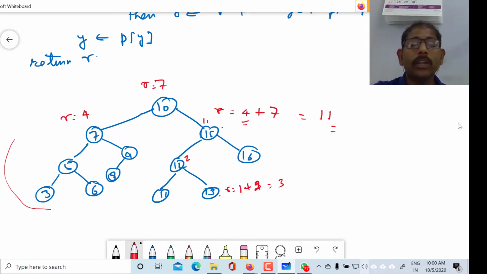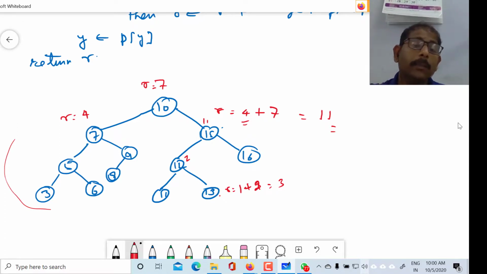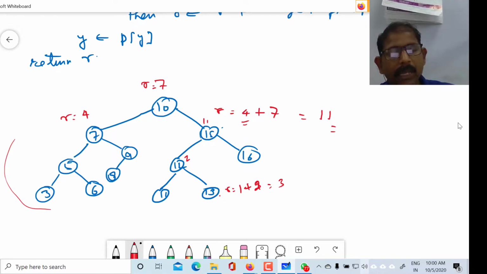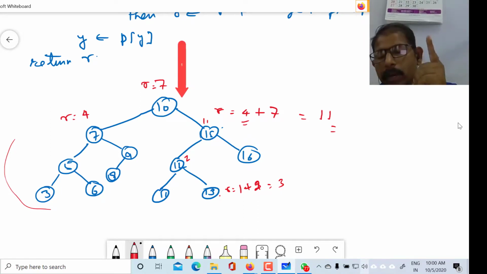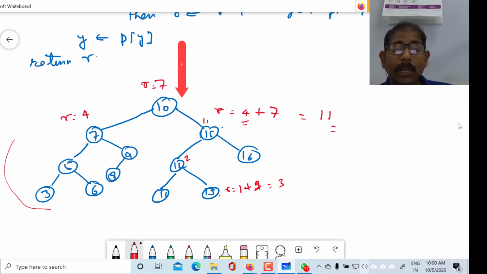Its rank is not 3, because although this is the left child of its parent, the parent of the parent was the right child. In this hierarchy, if any parent is the right child of its own parent, then the rank of that particular node should be added in that case.